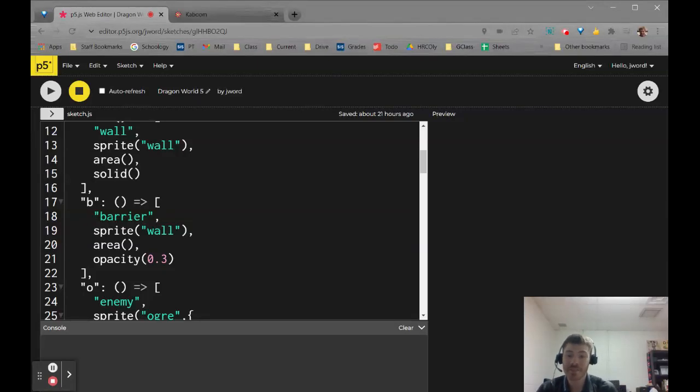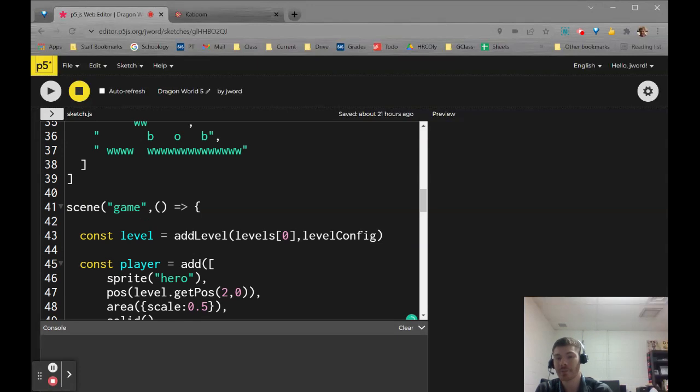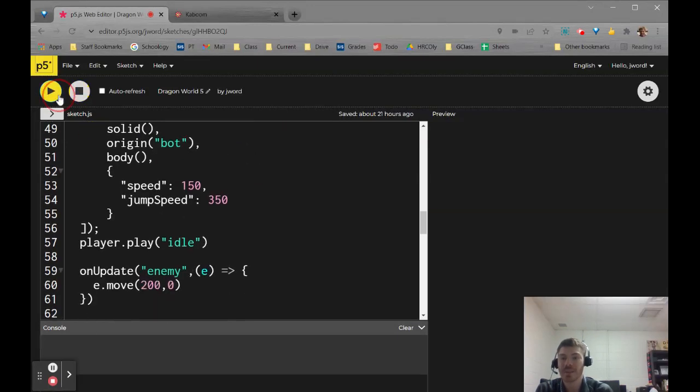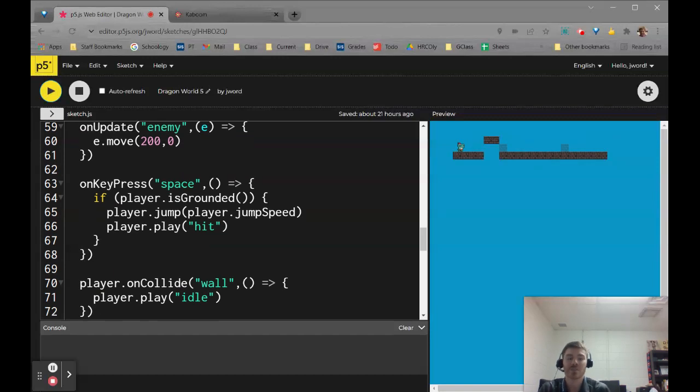Hello. So in this video, we are going to get our ogre to bounce back and forth off of those barriers. So we had set up these just kind of invisible barriers here, and then we got the ogre to move. So now we want to make the ogre bounce off of those. So the first part of getting the bouncing to work is to identify the collision between the ogre and those